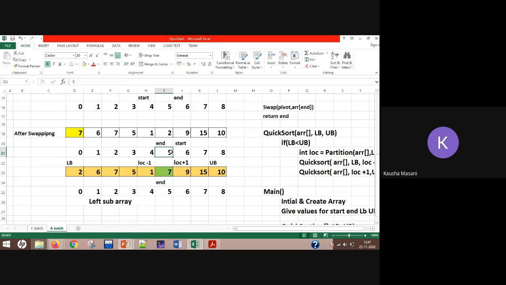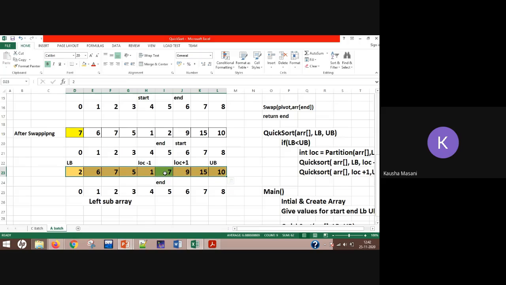लेकिन अगर ये चीज नहीं हो रही है, स्टार्ट ने समहाउ सरपास कर दिया एंड को, सो माई स्टार्ट इज ग्रेटर देन एंड, इन दैट कंडीशन आई एम गोइंग टू डू द स्वैपिंग। बट स्वैपिंग अब किसकी होगी? स्टार्टिंग एलिमेंट और एंड एलिमेंट की नहीं, पाइवोट एलिमेंट और एंड एलिमेंट की। तो मैंने पाइवोट एलिमेंट जो मेरा 7 था, जो मैंने चूज किया था, उसको मैंने 2 की जगह पे रख दिया और 2 को 7 की जगह पे रख दिया। तो रिजल्टेंट एरे कुछ ऐसे दिखेगा। रिकर्सिवली फंक्शन को वापस कॉल करते रहेंगे, एरे सॉर्ट हो जाएगा।